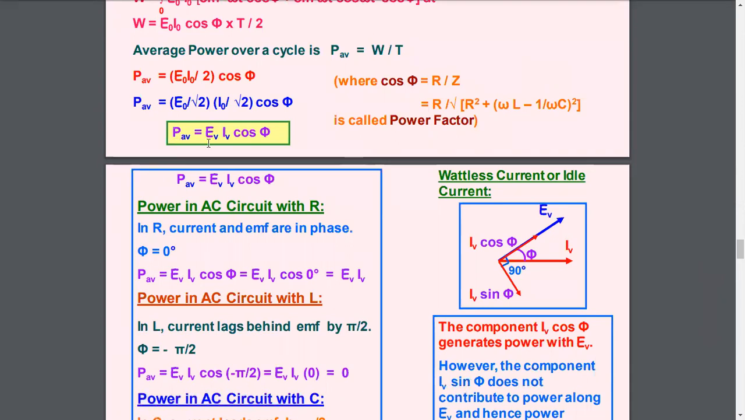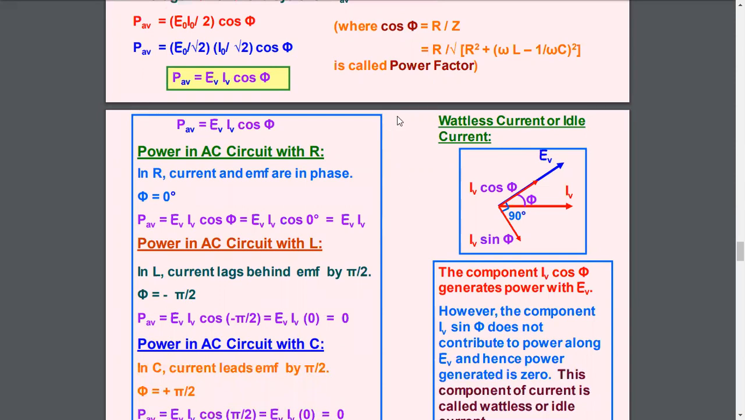And this is the expression for average power. Average power is just equal to E RMS into I RMS into cos phi, where cos phi is called the power factor. I think that time is